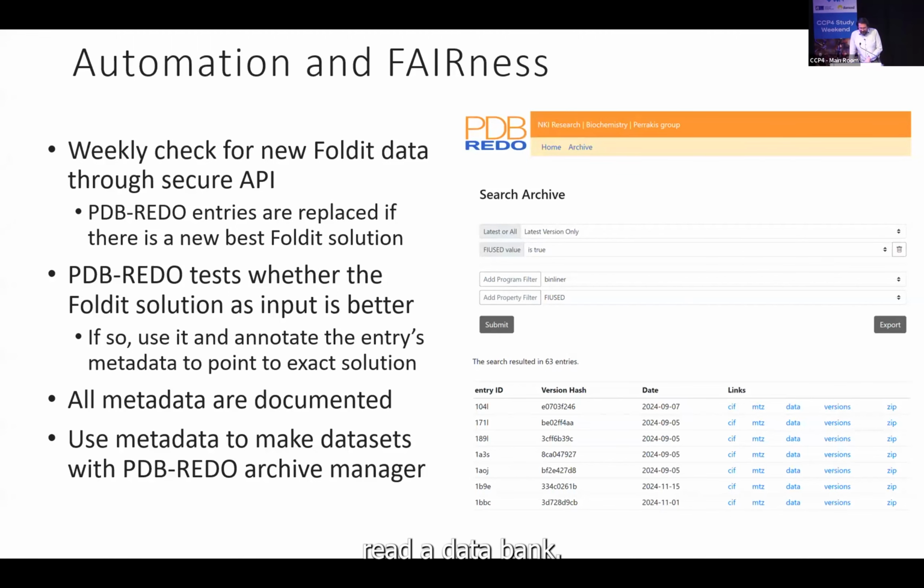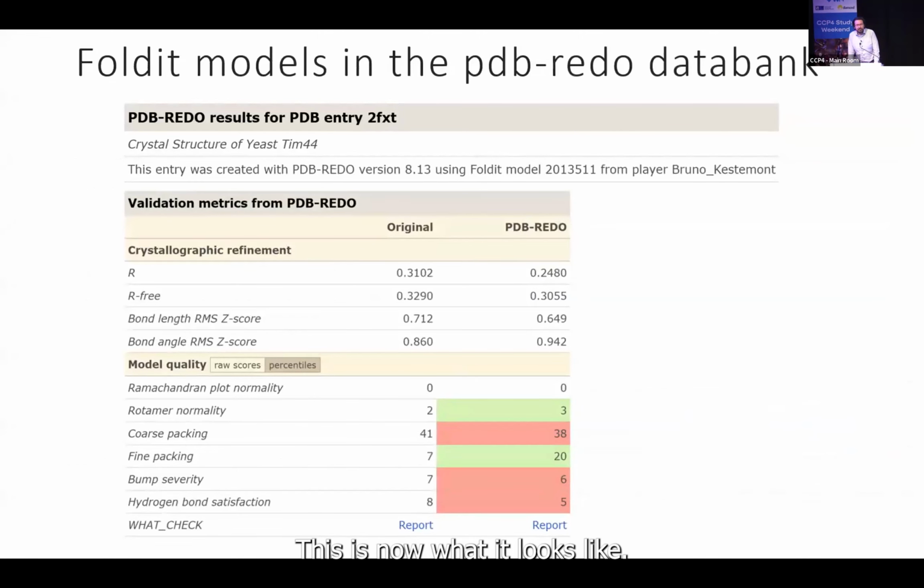But moving back to the PDB-REDO data bank, this is now what it looks like. So now you have an entry that's clearly marked that it's done with PDB-REDO version this and this, with the Foldit model, with a particular model number, and this model was made by, in this case, player Bruno Kerstemont. We're using the PDB model. It says the exact version of the PDB model that we used,